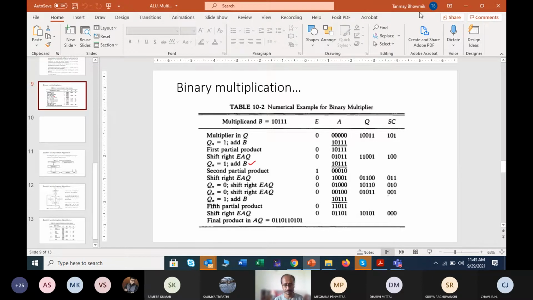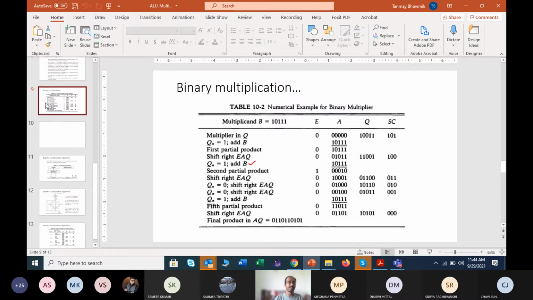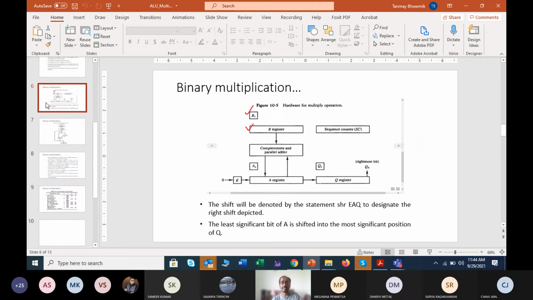Okay, as decided earlier. So now I will make a short recap of the signed number multiplication we did last day. I will take this register configuration, because it will be used when we do Booth's algorithm. There we observed that the sign bits were kept separately, and we were just taking the magnitude bits, and these magnitude bits were computed, right? So we were passing the magnitude bits into Q and B, as multiplicand and multiplier respectively.